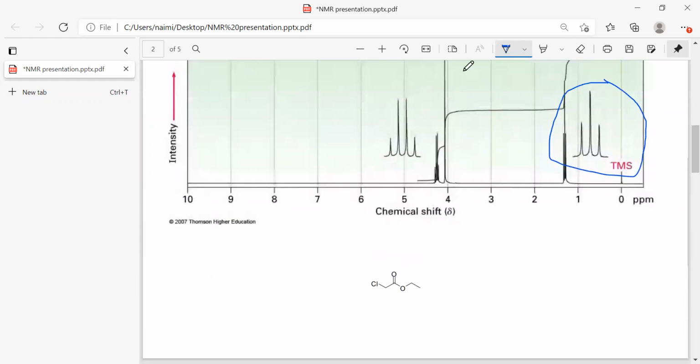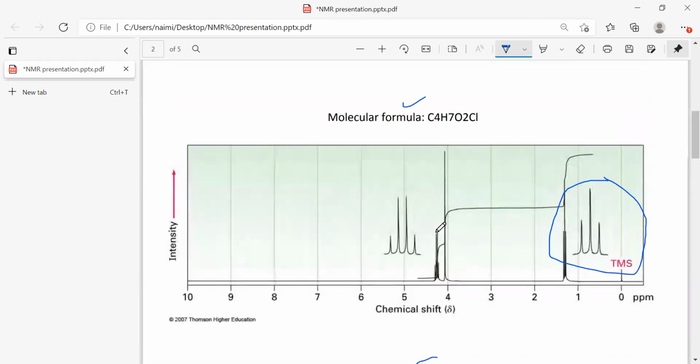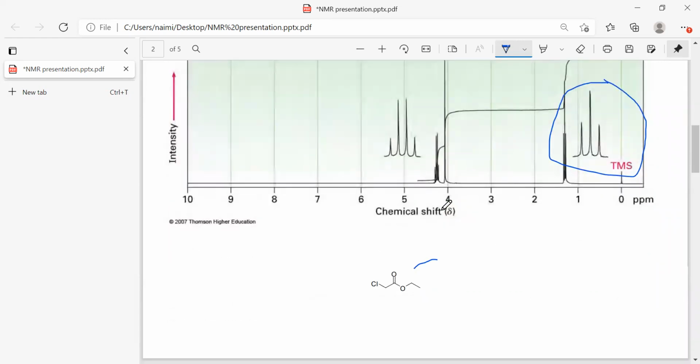So you can identify their framework with the help of this. After that, there is a peak with no splitting. No splitting means the CH2 will be present near the halogen, and there will be an absence of any other CH2 or CH3 groups nearby. So you can see here I have mentioned CH2, then Cl. Due to the presence of Cl, this CH2 is also shifted downfield. So you can see this spectrum.